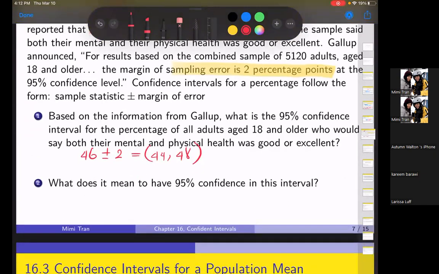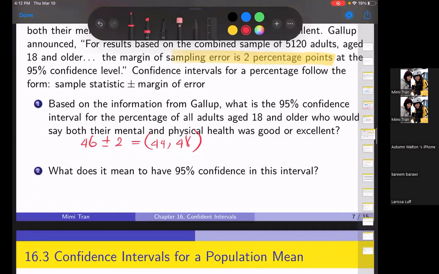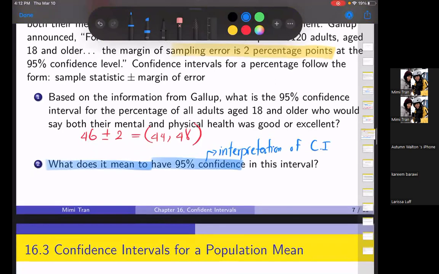What does it mean to have a 95% confidence interval? This one tells you to give an interpretation. I guarantee you will have this on your exam. Interpretation of the confidence interval. So we always start out, we are 95% confident. It could be 90%, 99%. It doesn't have to be 95 all the time, right? In this case, 95% confident